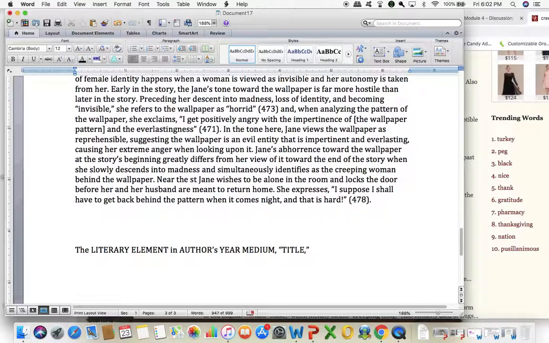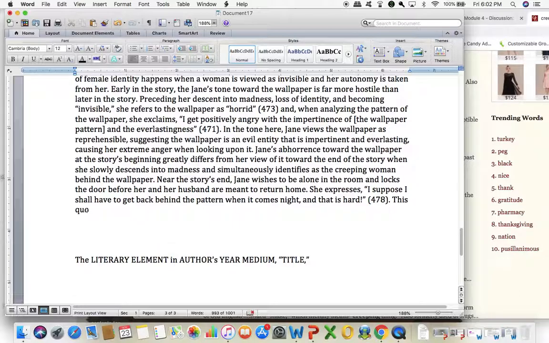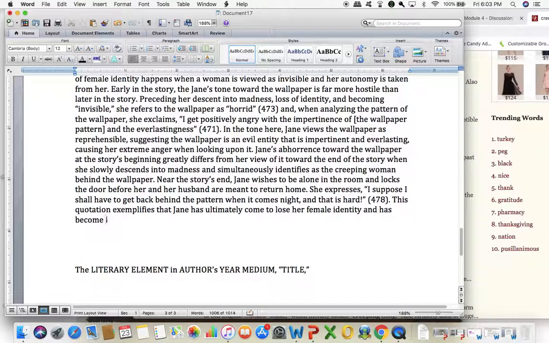So I can just say something like, near the story's end, Jane wishes to be alone in the room and locks the door before her and her blah, blah, blah. She expresses blah, blah, blah. And then I might say, this quotation exemplifies that Jane has ultimately come to lose her female identity and has become invisible, depicted in the tone that